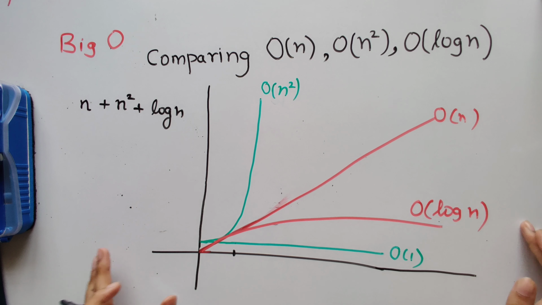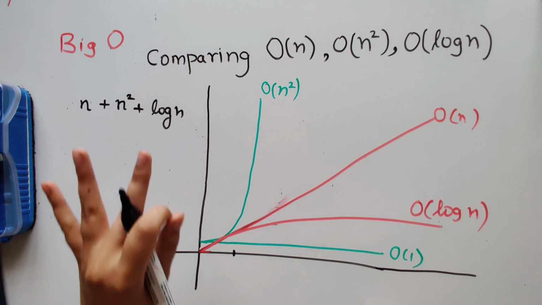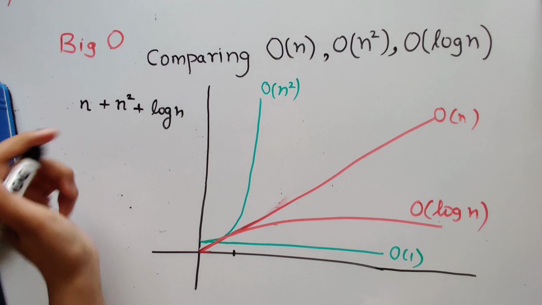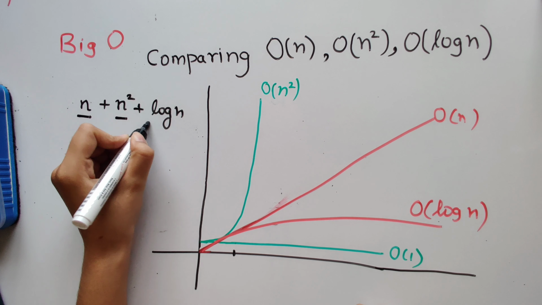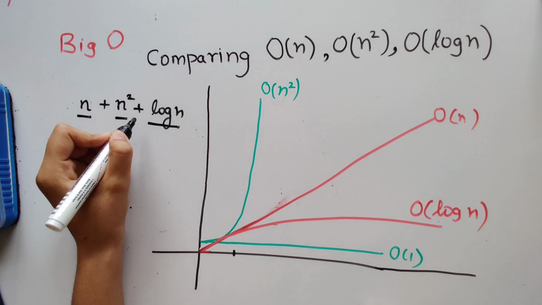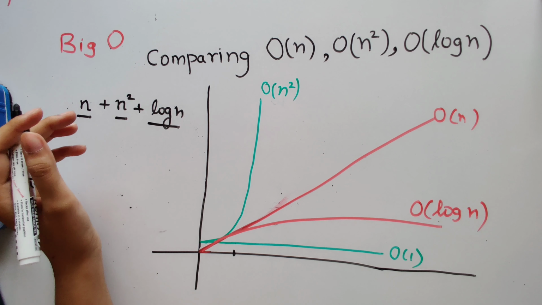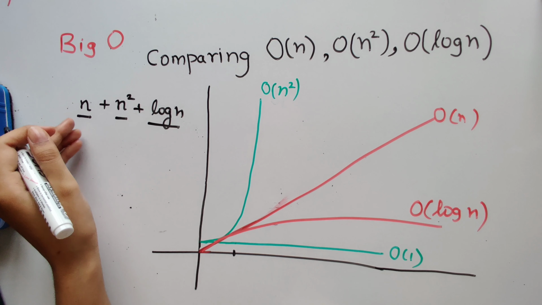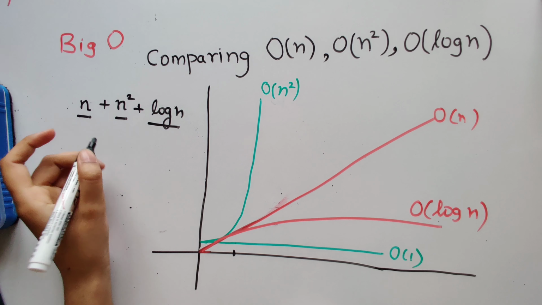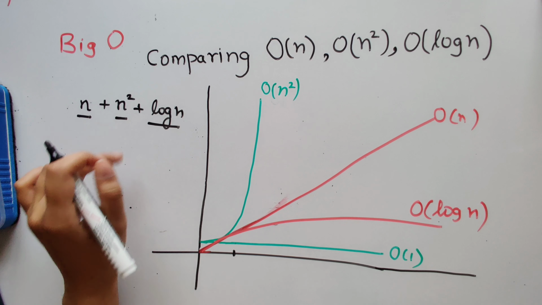Now let's understand how we compare these different time complexities. Why do we even need to compare them in the first place? Let's say you have written a program with 3 different functions. One of them runs in O of n time, another one in n square and another one in log n. You add all the time complexities, right? But you are asked what is the final big O notation, as a whole, the time complexity of your entire program. You'll have to give one answer. It has to be one of these.